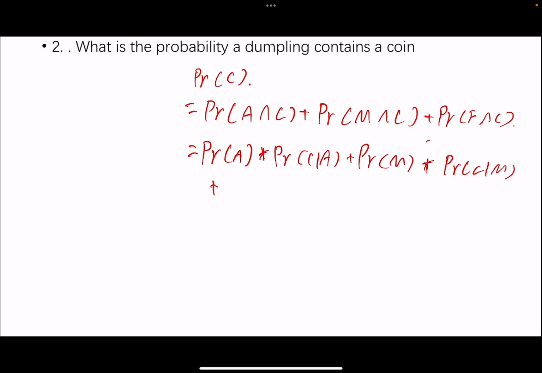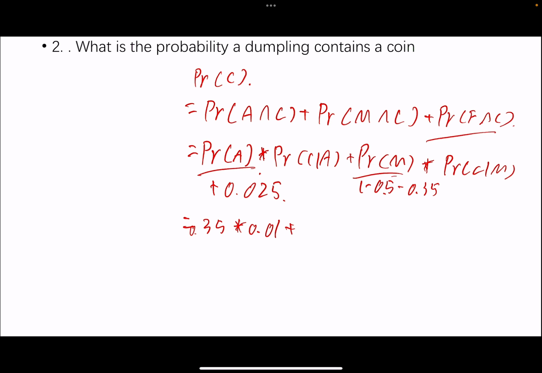Also, we got this term from the previous question, that is 0.025. Here let's do it. The probability of event A is 35%, times 1%. Plus, here we get this from 1 minus 50% minus 35%, which is 15%, times 3%, and plus 0.025, and the final answer is